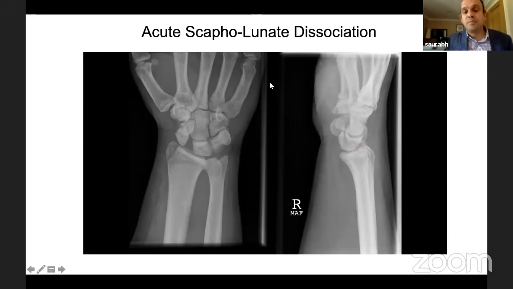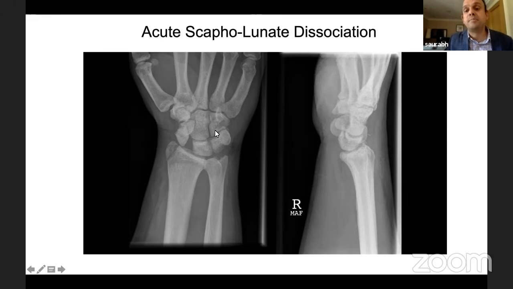So for example, I've just put a slide here, related to what we were discussing at the moment. This is a transradial styloid scapholunate injury. And if you take it one step further, it could have been a lunotriquetral also, or a capitate fracture and a triquetral fracture, or an ulnar styloid fracture. So it could have gone in any shape. So one thing to learn here is any radial styloid fractures, because they're quite common bread and butter fractures in clinic, you must look for any associated ligament or carpal bone fractures,